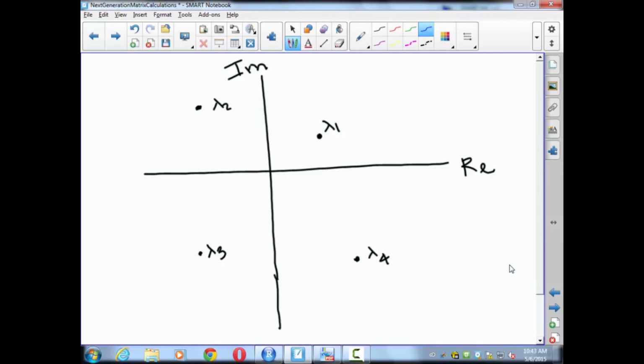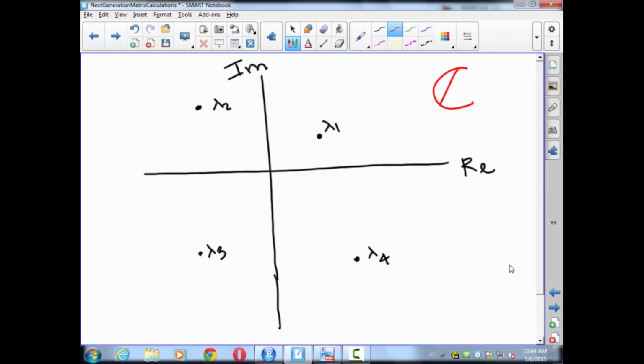I want you to start visualizing this in the following way. Let's suppose we have m eigenvalues. I'm just drawing a picture. Suppose m is equal to 4, so that we can look at this picture. In general, every lambda j is a complex number. Every lambda j resides on the complex plane. This is a scenario we have here in a sketch of the location of lambda 1, lambda 2, and lambda 3 in the complex plane.